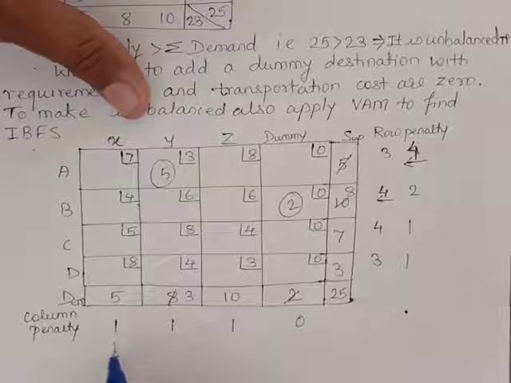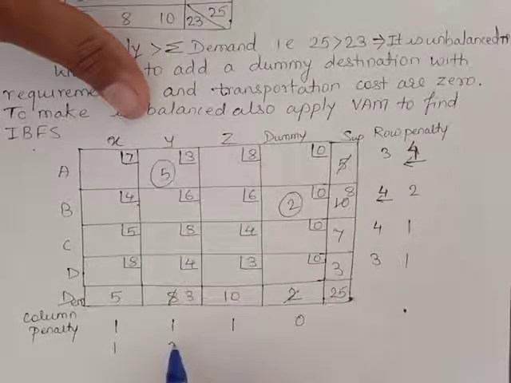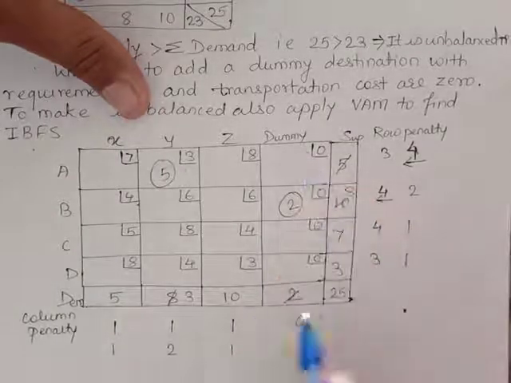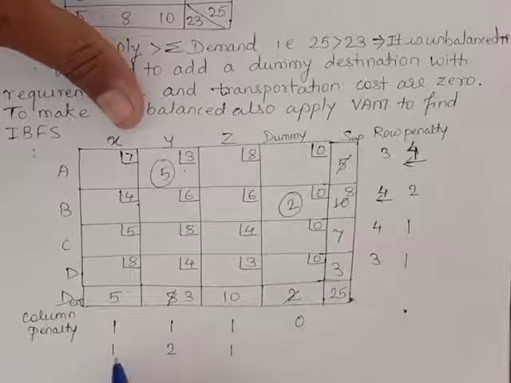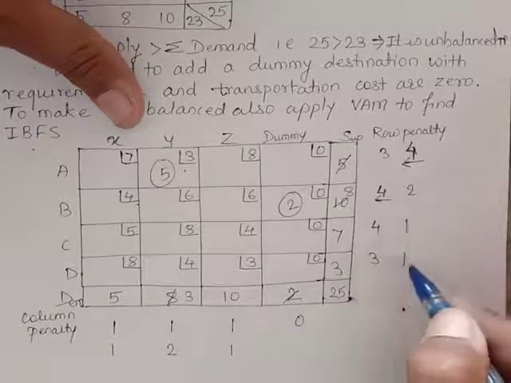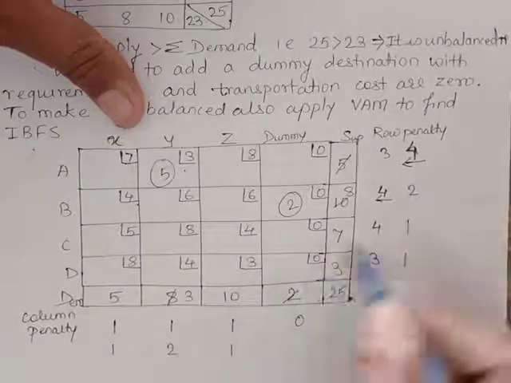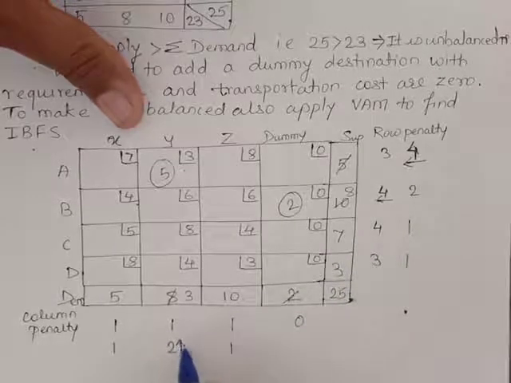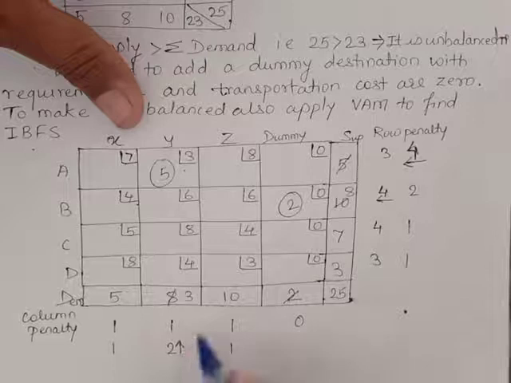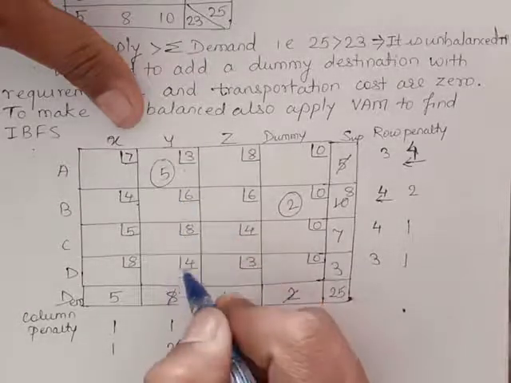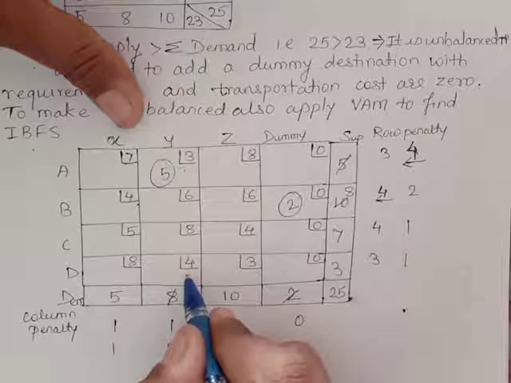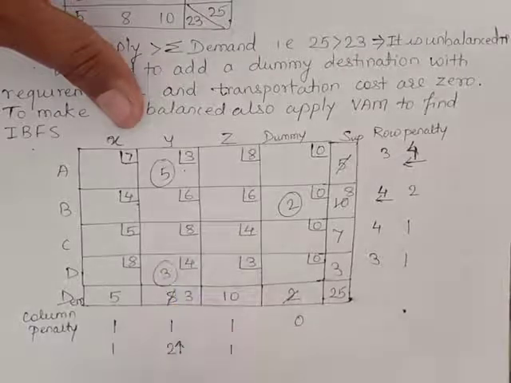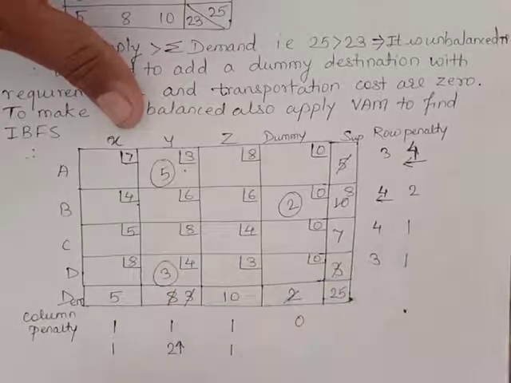So now this row is satisfied, so column penalties will change. So here the column penalty is 1 again, here it will be 2, here it is 1 again. Here no need to determine because this column is satisfied. So out of 1, 2, 1 and 2, 1, 1, these 2 are the maximum among these. So now let me choose this 2. We have a choice for that. And now in between these cells the minimum cost is 4. So the allocation is minimum of these, so it will be 3 here. So this column and this row are satisfied.